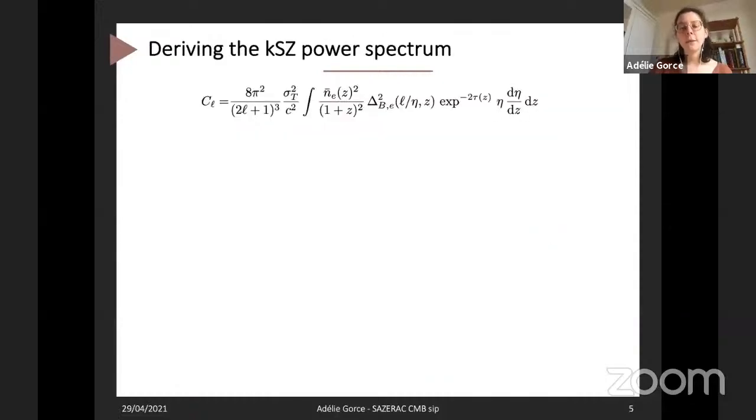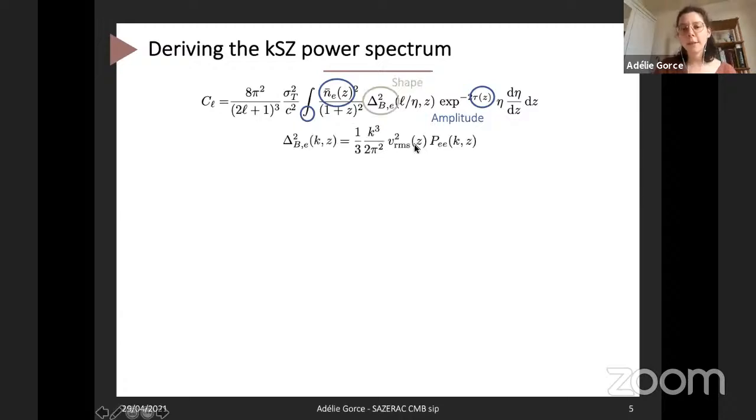Well, we went back to the basic equation giving you the C_ells of the KZ power and looked at the different elements. You have a few elements that are just going to characterize the amplitude of your signal: the Thomson optical depth here that we've talked about already, the mean density of electrons as a function of redshift, and naturally the limits of the integral, because we're looking at the patchy KZ power spectrum. So we're integrating over the duration of reionization, and naturally, if it lasts for longer, then you have more power.